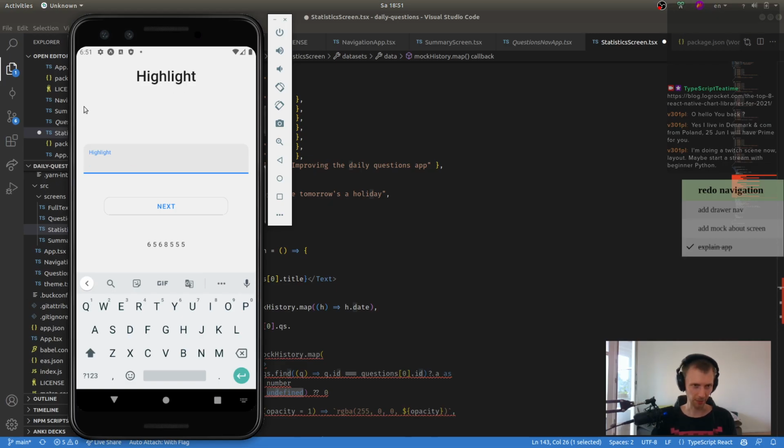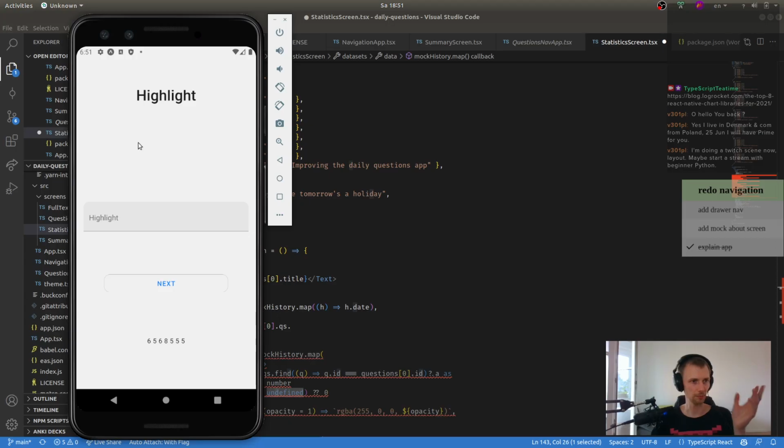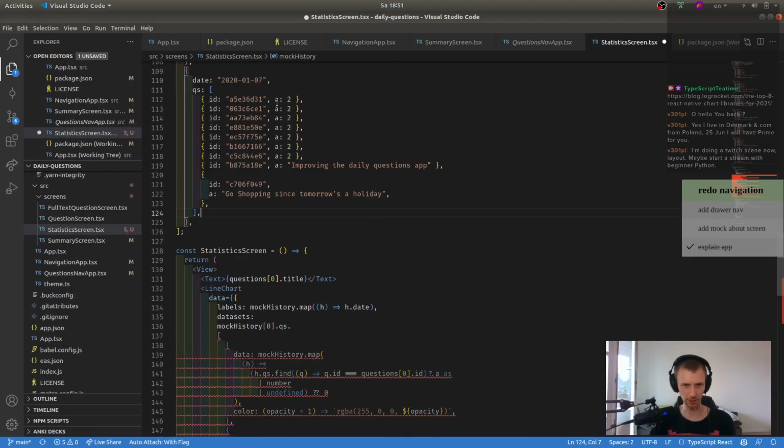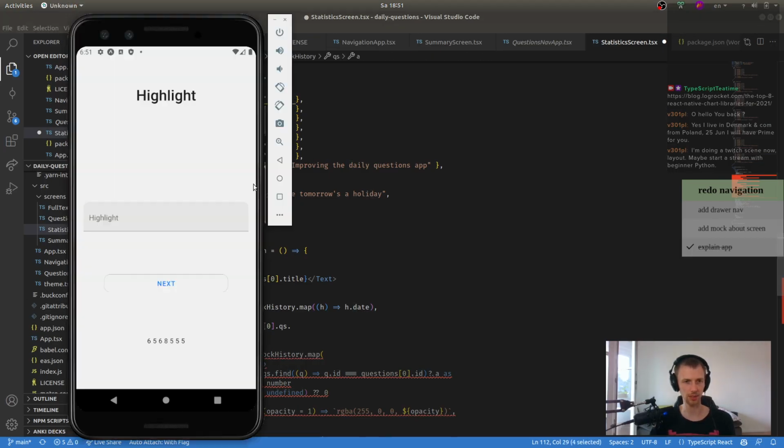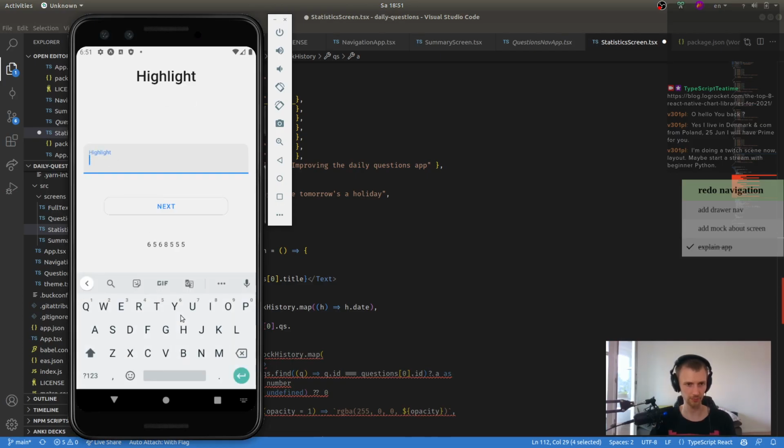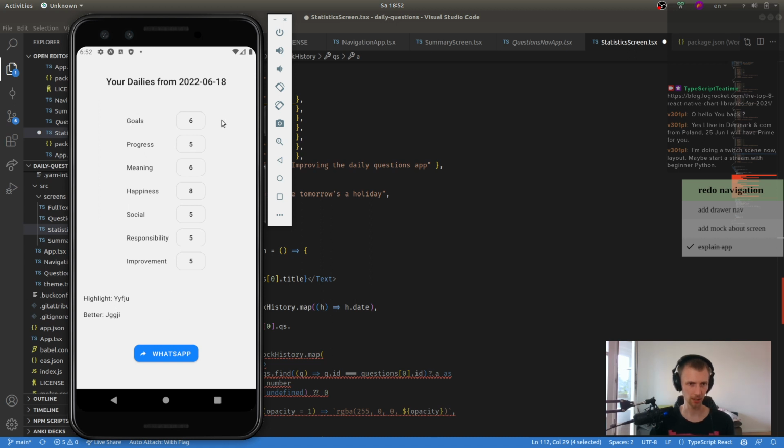So that's the basic app, and it's working and it's in production because I've been using it for 4 months or something, and I'm very happy that I have it. What I want, however, is to persist my progress. Every day I basically get numbers in each of these categories, each of these questions. We have the overview. In goals I get 6 today, and yesterday I got a 7, and the day before that I got a 3, and so on. And maybe there's a degree of